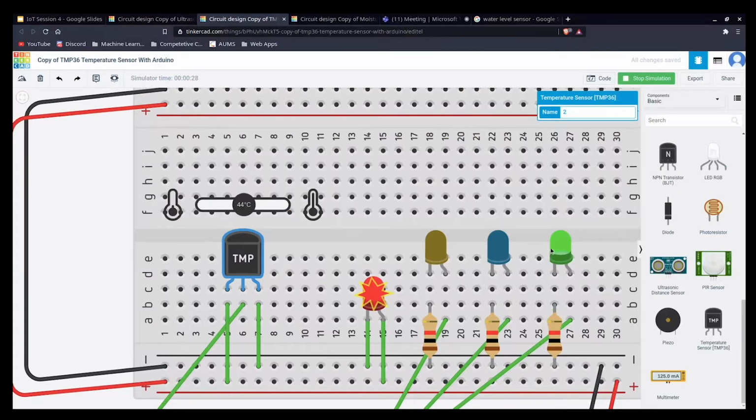Okay, it's 44, greater than 40, so the first LED has lit up. And the second condition is between 50 and 60, so we'll go to 57. Okay, so we have two of these LEDs lit up. And again, if we go further, 63, we have all three LEDs lit up.